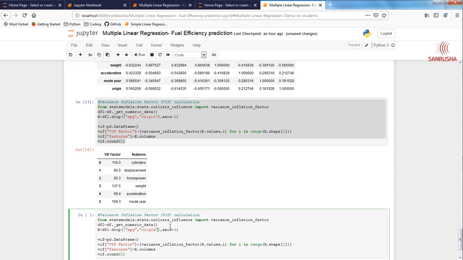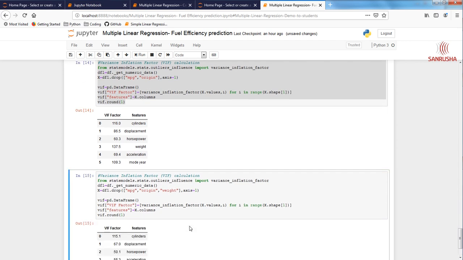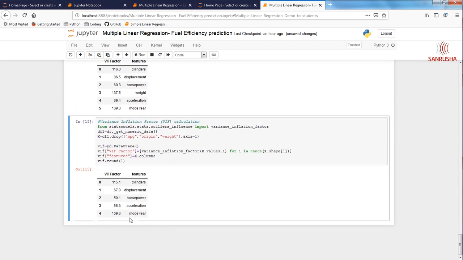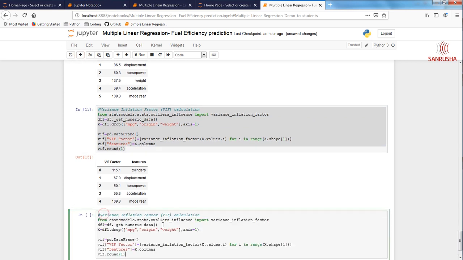Weight is gone. Next we have model year and cylinders. Cylinders has a higher value, so next we are going to remove cylinders.